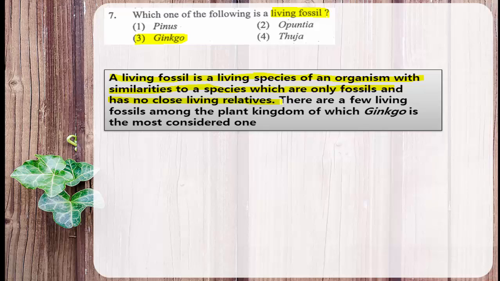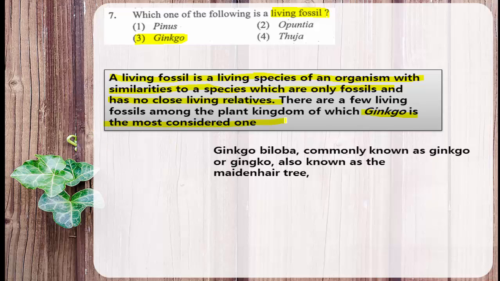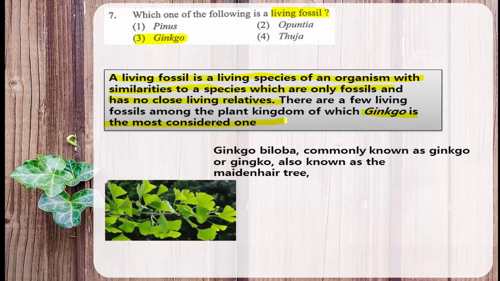There are few living fossils among the plant kingdom, of which the ginkgo is most considered example for the living fossil. Here is the Ginkgo biloba. It is the image. Actually, it is a big tree. I have taken only leaves, biloba, that bifurcation of the leaf into two parts, Ginkgo biloba, commonly known as ginkgo or gingko, then also known as the maidenhair